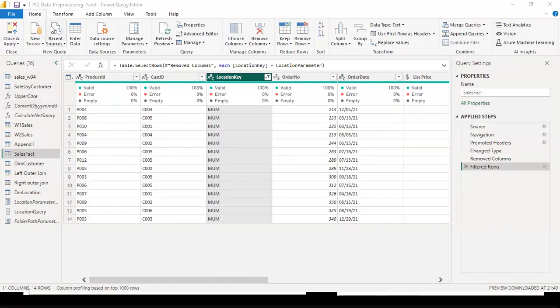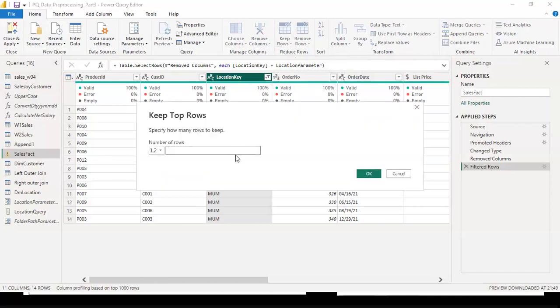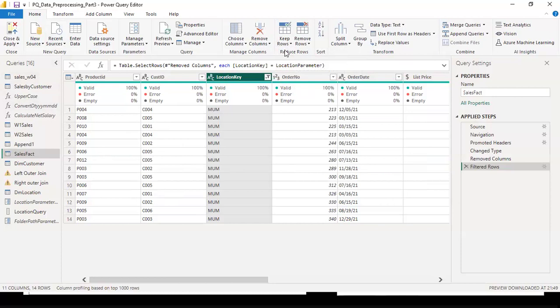Apart from this, how many of you remember the top 10 rows? Keep Top Rows. If you click on it, here also you have the parameter. If you have a parameter, it will get selected here. For the number of rows, you can use a parameter. And so once you assign a parameter,